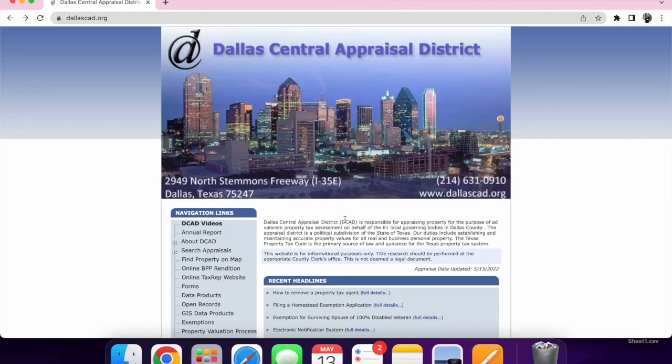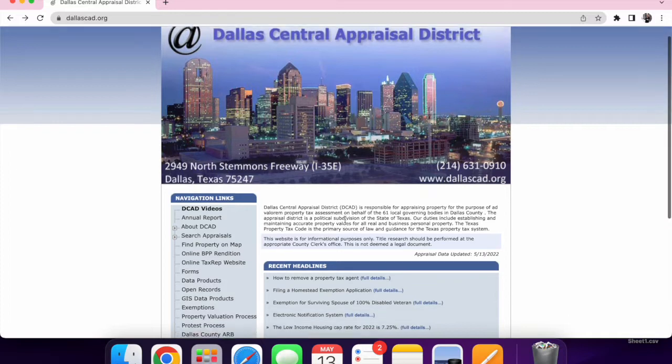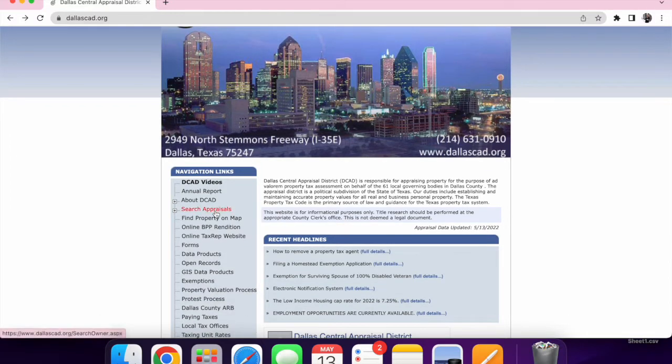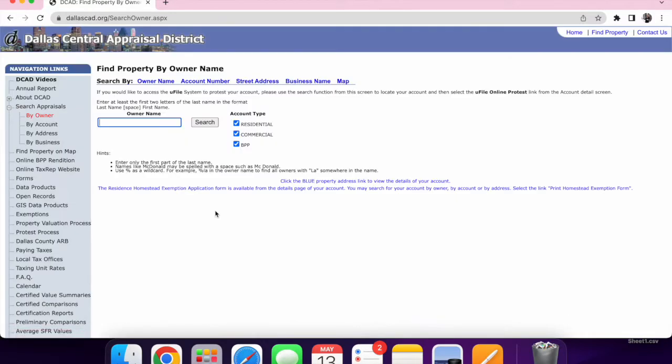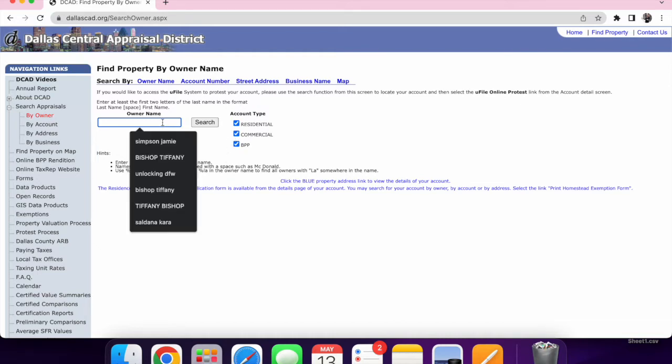We're going to get started on DallasCAD.org. This is where we are going to come to, first of all, find out what your property assessed value is, and then we're going to use this also to find out what your neighbor's property assessed value is. So we're going to scroll down here, click on search appraisals, and then you can just type in your name